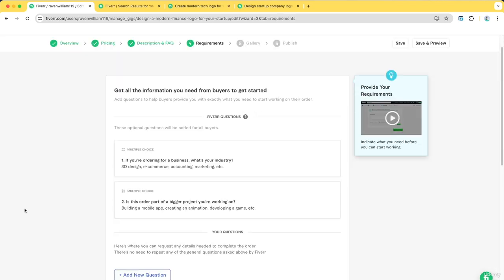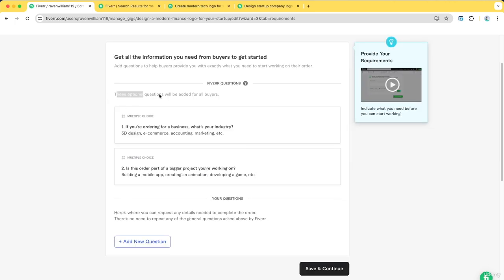Let's continue to the next section. So now requirements, you can list the things that you're definitely going to need from the client before starting. It's not a good idea to rely on them answering you on time, responding to emails. So before they even get your package, you want to make sure that you've taken every piece of information you need for your project. Okay, so these are mandatory.